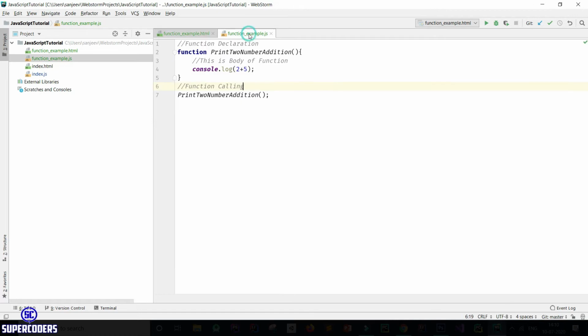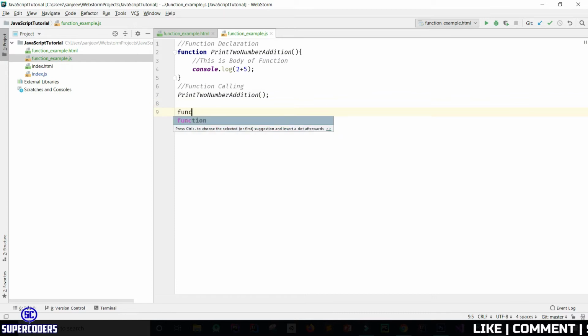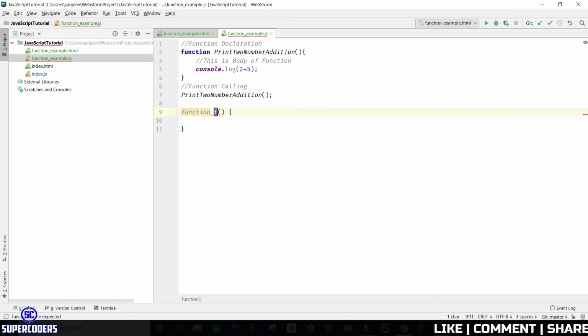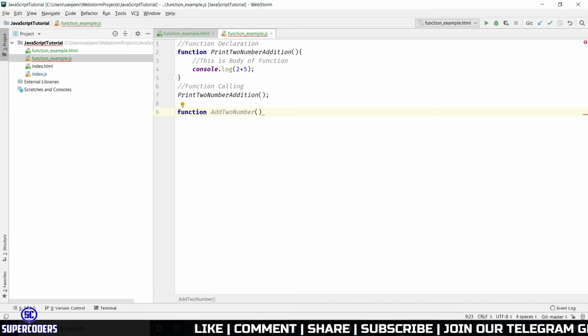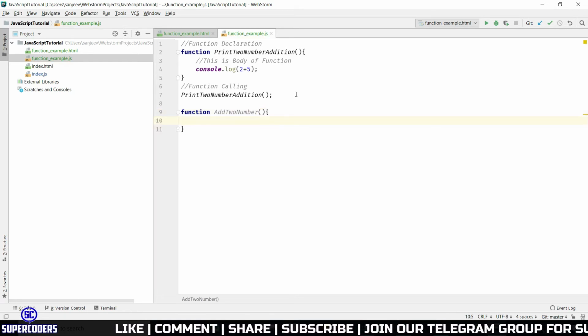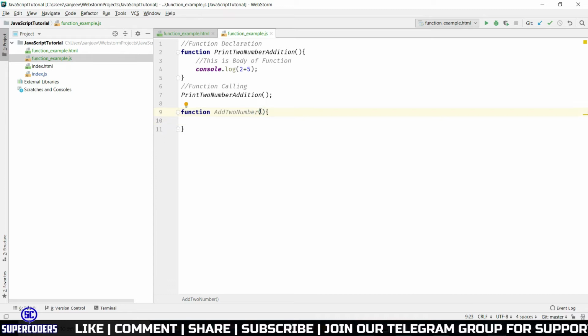Come here and add another function, then adding the function name add two number.